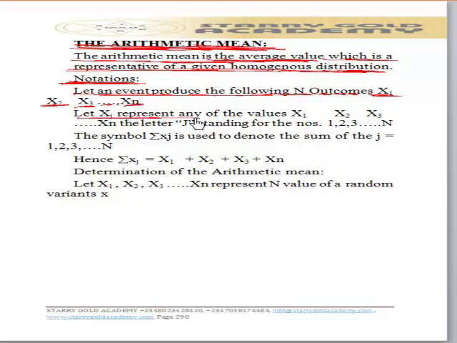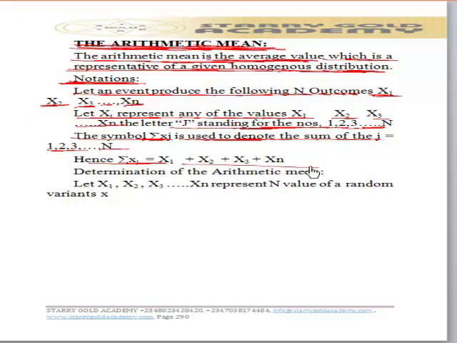The xi represents any of the values such as x1, x2, x3, up to xn, and the letter j here also stands for the numbers, which can begin from 1, 2, 3, 4, 5 to n. So we have this symbol, summation xj, which is used to denote the sum of the j's, which are 1, 2, 3 up to n,